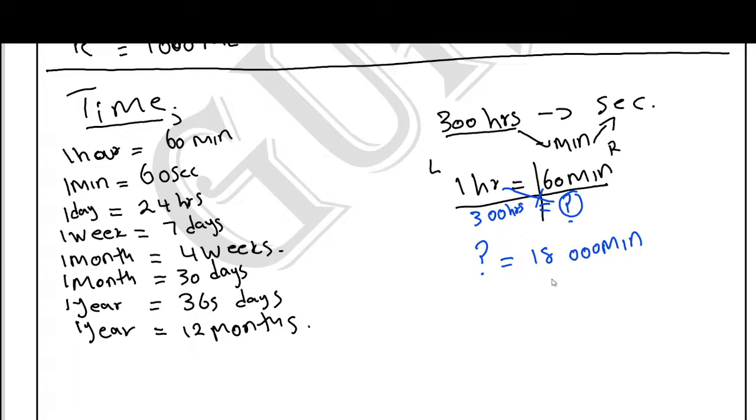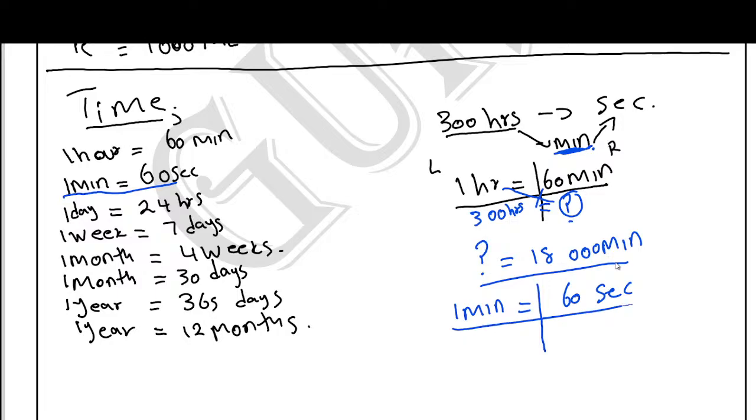So we go back now to convert the minutes. Now we are here, we have this. We are now going to convert minutes into seconds. What is this saying about the minutes and the seconds? It says 1 minute is equal to 60 seconds. Then we draw our cross again. Which side is given? We have the left, we need the right, meaning that we're going to write